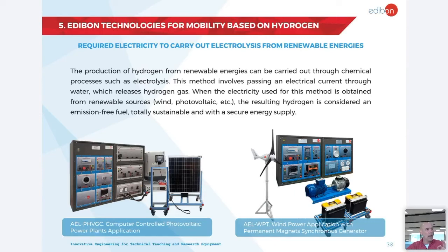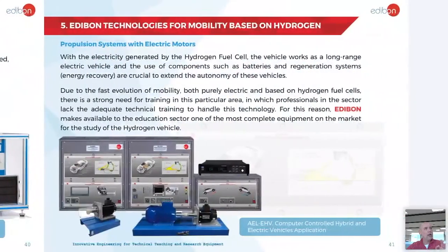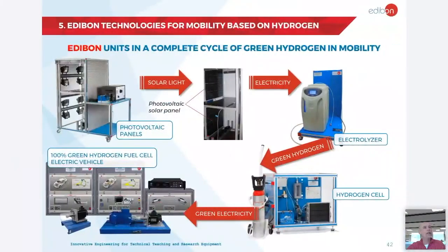Before I go to this, let me go to the end of the presentation. Then I show you the complete cycle of green hydrogen, okay? We have, as I said before, Edibon units, or Edibon has complete technical equipment to close the complete cycle of green hydrogen, okay? And that starts by using teaching equipment for renewable energy. Usually they are the photovoltaic one or wind power. They are the most common ones, but you can use